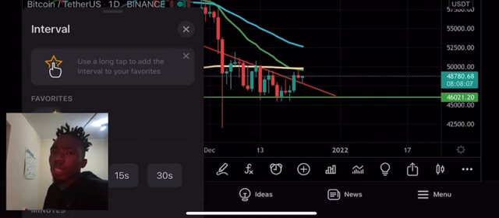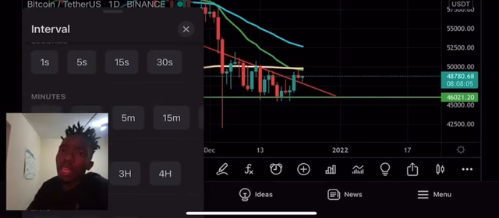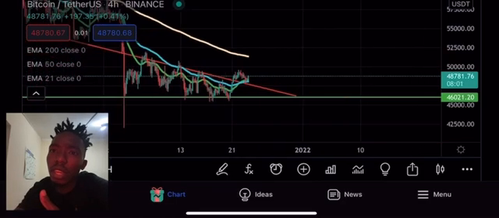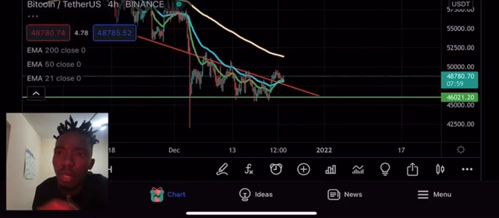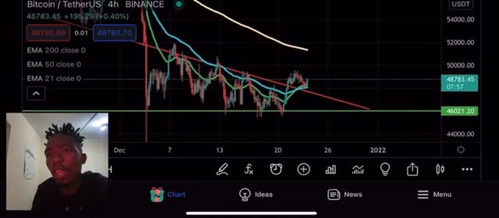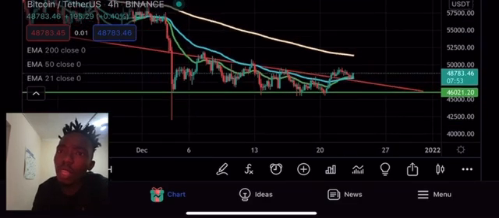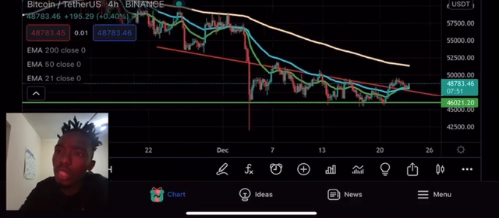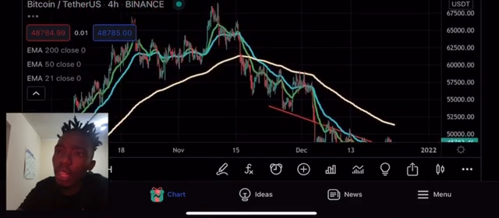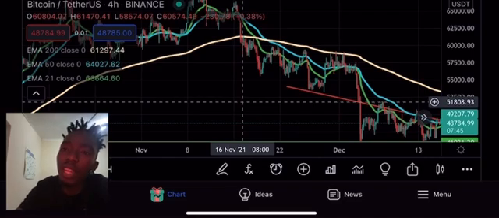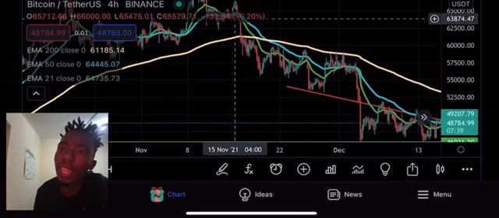What would be best is to go on a 4-hour chart, so that we really cover, basically, we zoom in and see what was happening. Using our moving averages as a metric, watch how price is consolidating between 46k and the red trend line. But not only the trend line. On a 4-hour chart, we have the 50 EMA acting as